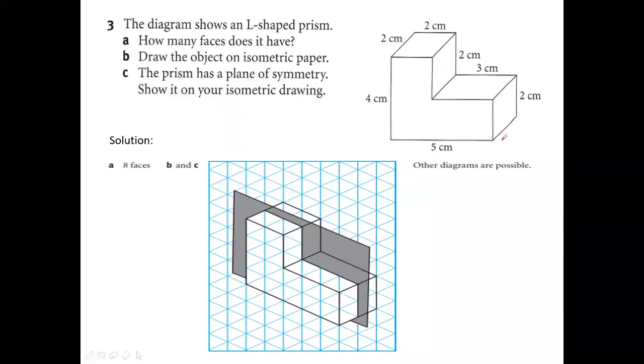Next, here it is asking how many faces. First question, faces: visible faces are 1, 2, 3, 4, 5. Which are not visible? This base is not visible, 6. Left side is not visible, 7. And back side is not visible, that is 8. So 3 faces are not visible, 5 faces are visible, total 8 faces.